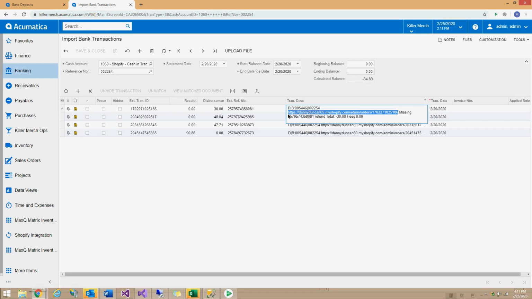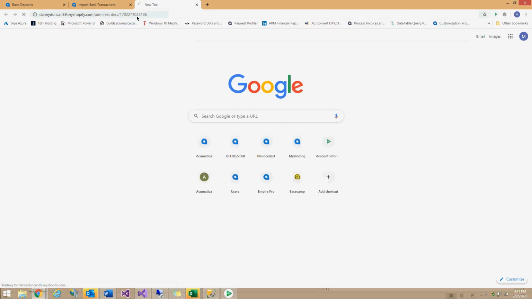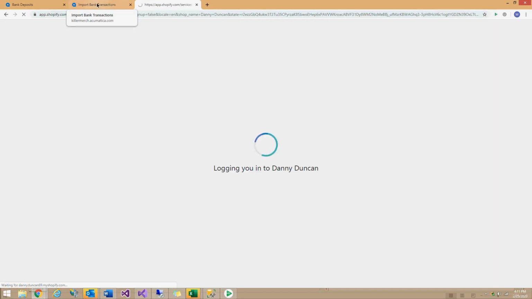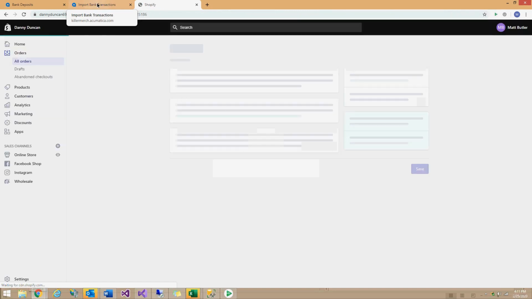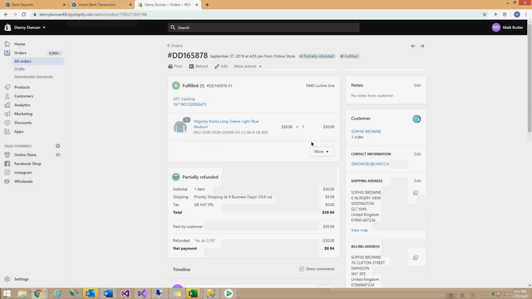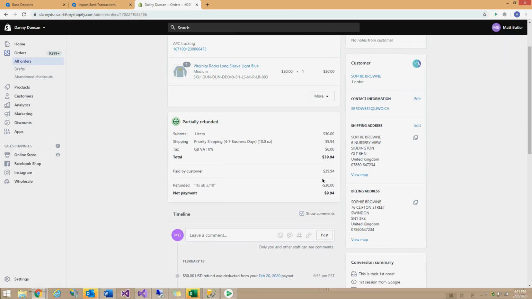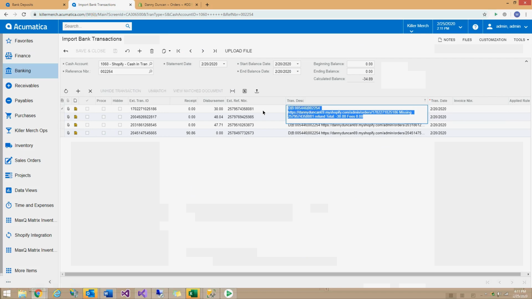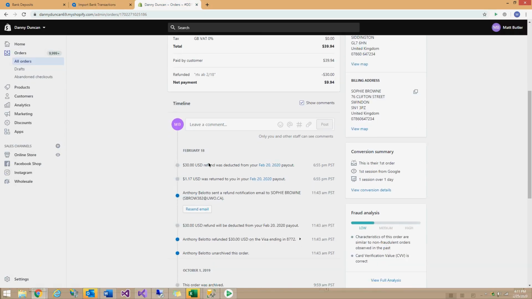So I'm just going to go ahead and take a look at the transaction. I've already logged in with my account to Shopify in this case, so I can pull it up and see, okay, it's a partial refund of $30. So at some point, yep, a $30 refund was deducted from my February payout. If I look at my payout,